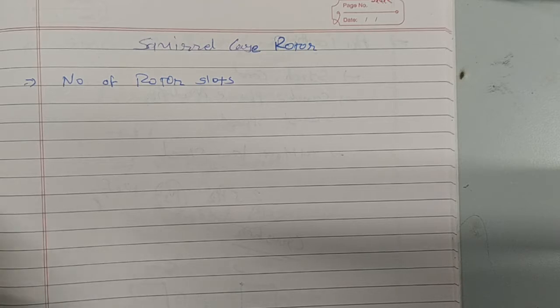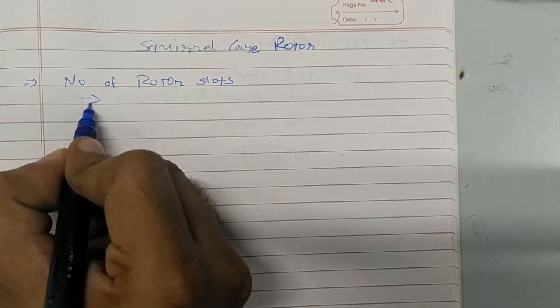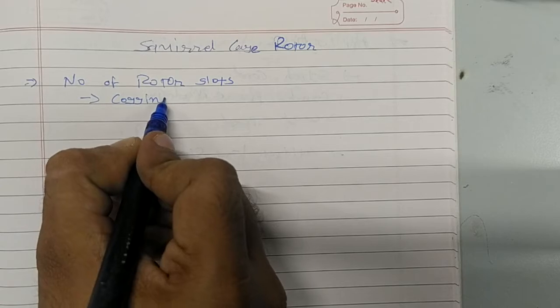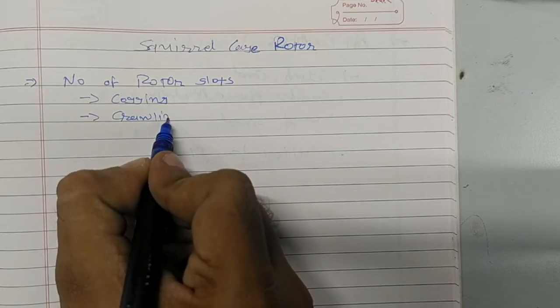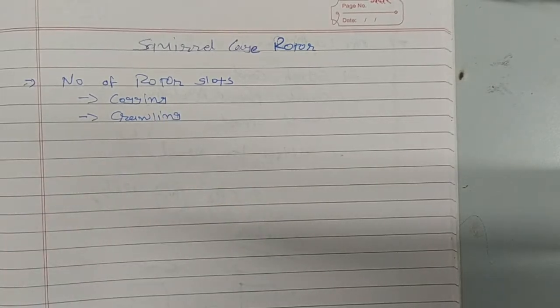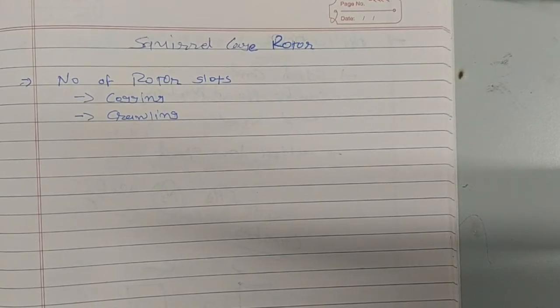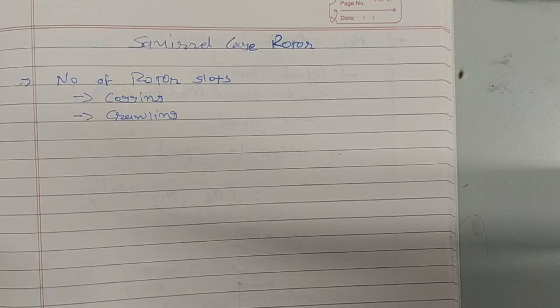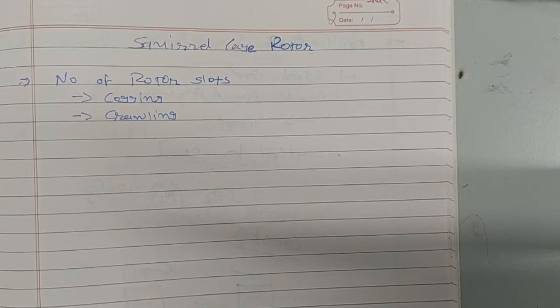Okay, so the first parameter for the consideration of number of rotor slot is cogging or magnetic locking, and the second one is the crawling. So what is cogging and crawling, that we have already discussed. Okay, and you have to explain this thing over here. Additionally, we are going to see certain rules for selection of rotor slot, and we have to follow those rules to avoid this cogging and crawling. So that also we are going to see. Okay, so I hope you understand these 2 points according to our previous discussion.